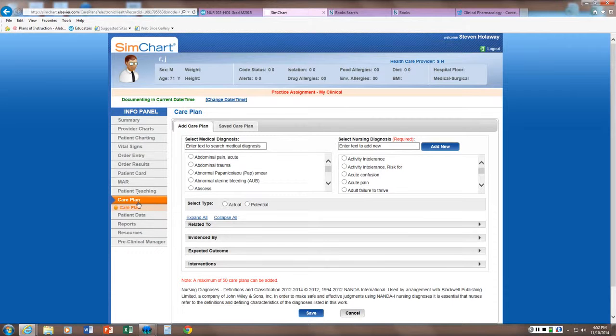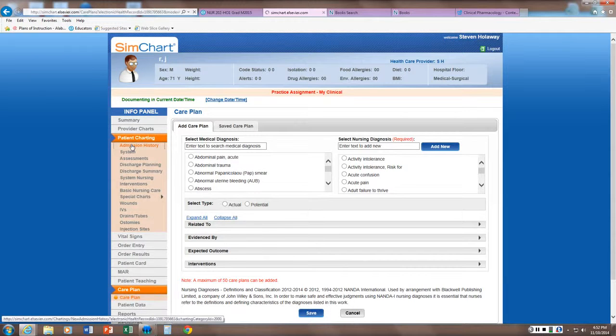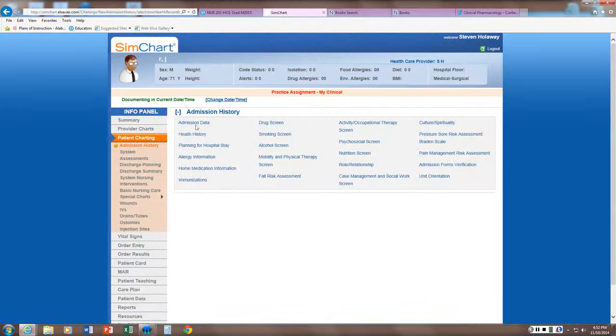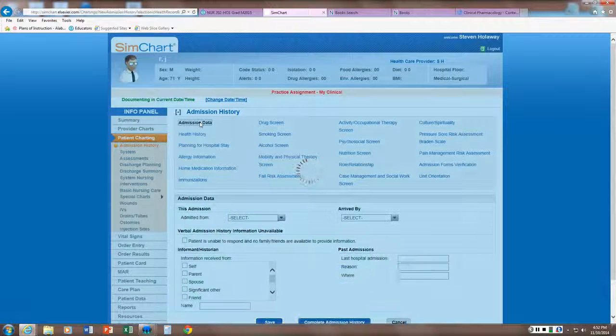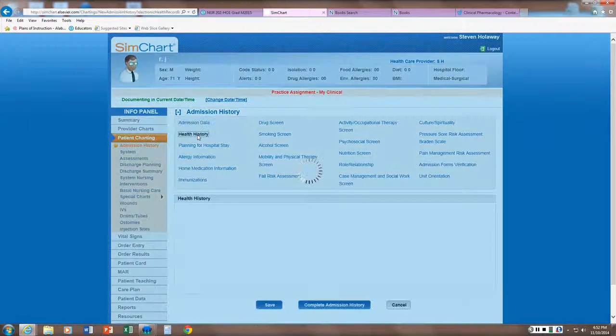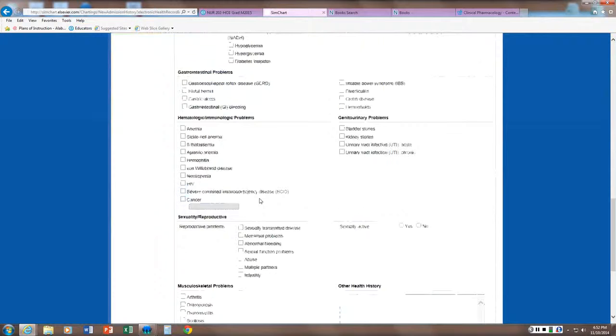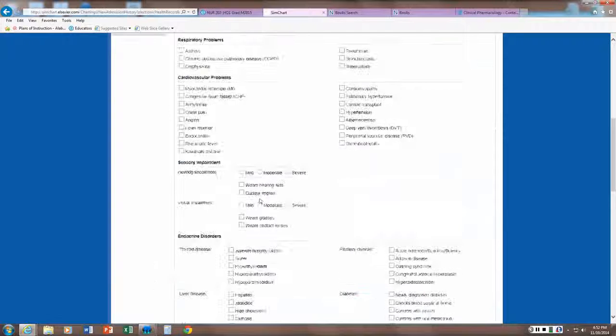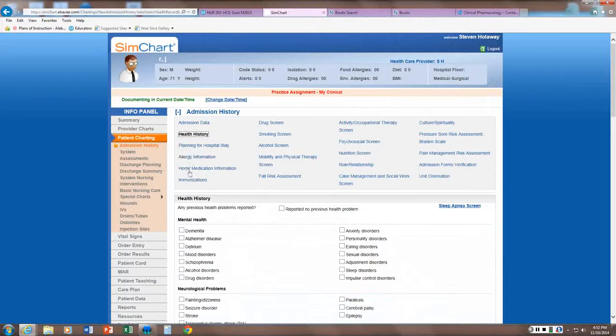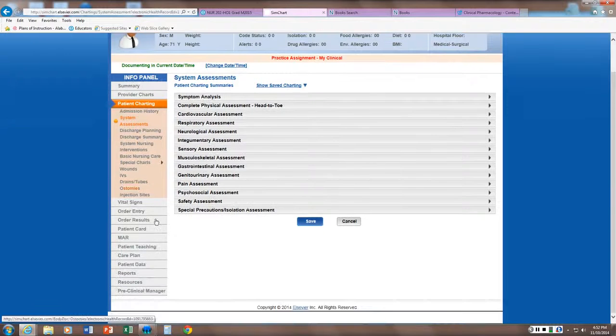Basically, at that point you are finished with your patient. You will have done an initial assessment, a history. Let's go back up to patient charting. So you will have done the admission history, which will be the admission data process, and then the health history is part of what you're doing already. It's just a checklist that you go through. Very, very easy to use, just going through the checklist. That does your history, all of this information. Then when you do your systems assessment, that's your physical for your patient,